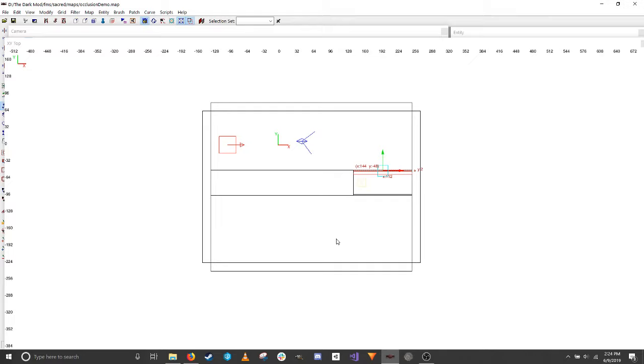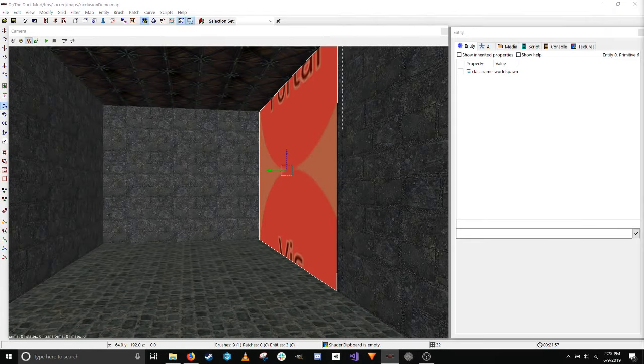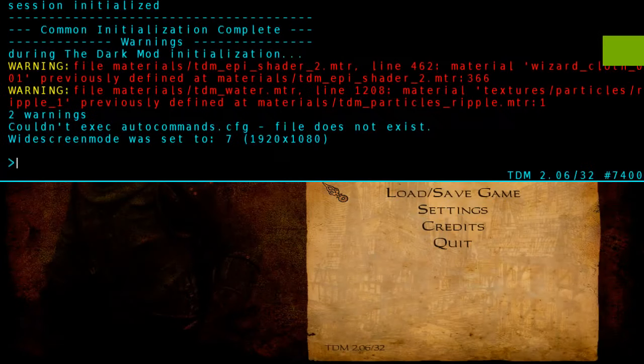And so, in theory, if you have chunks of the map that are divided from each other by these portals and they aren't visible from each other at any given point, then one chunk shouldn't render next to another. Now, this is weird for me to say because this is a deliberately bad example, and I'm going to show you why. Actually, let me go into this. Occlusion demo, correct? DMap